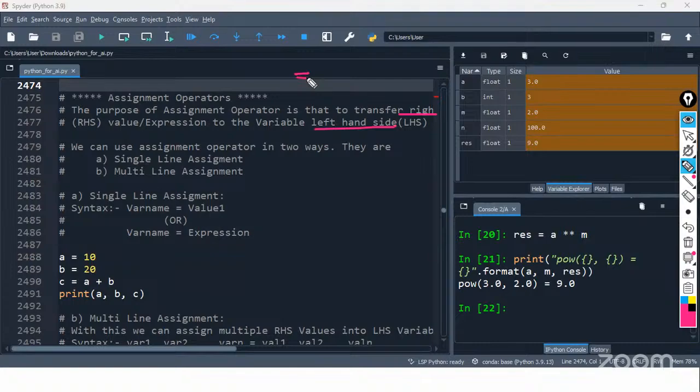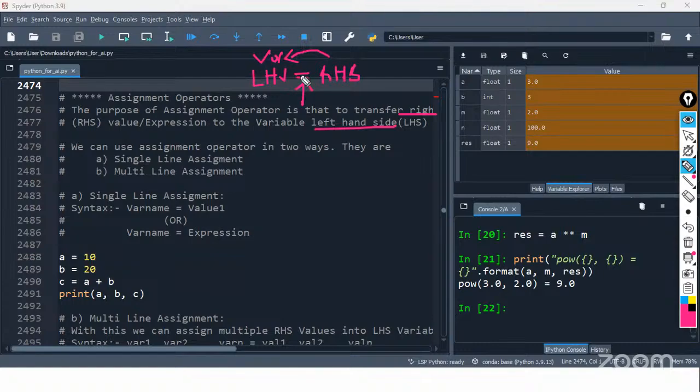From day one, without being aware, we have been using an assignment operator. In each and every case, we are using the assignment operator. Because of this operator, the value that you have towards your right hand side is assigned to the left hand side. Obviously towards the left hand side, you will have the variable, the object. So the value gets stored. It gets transferred